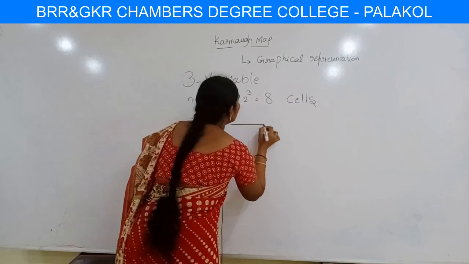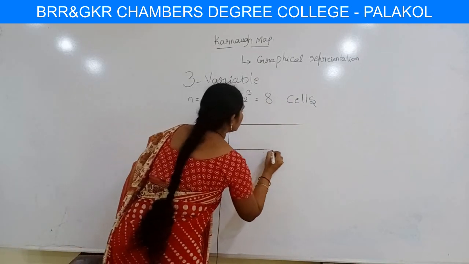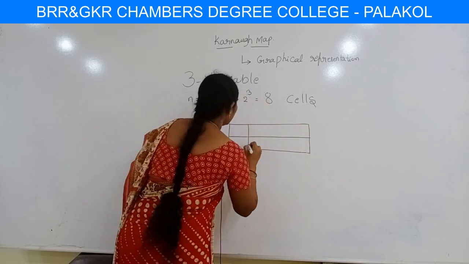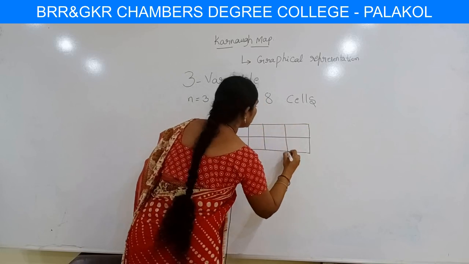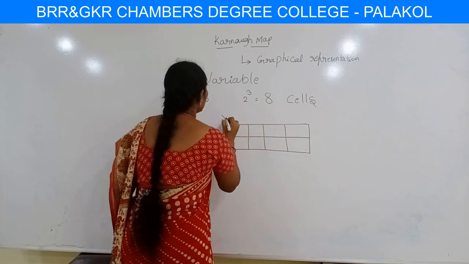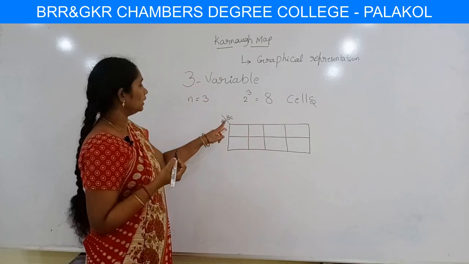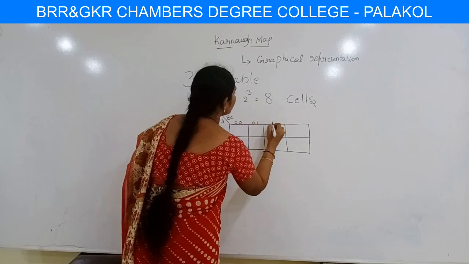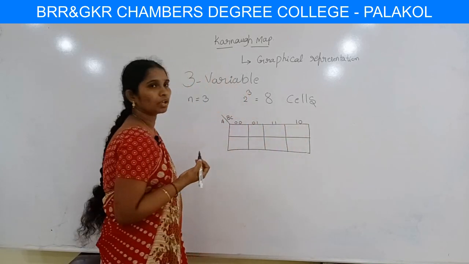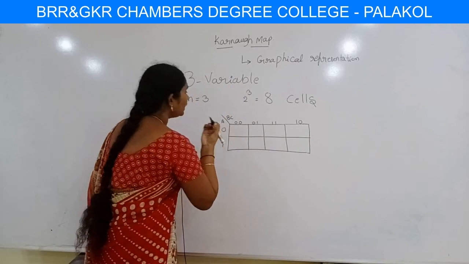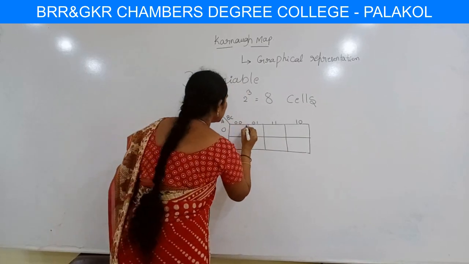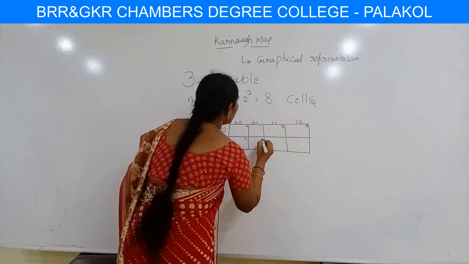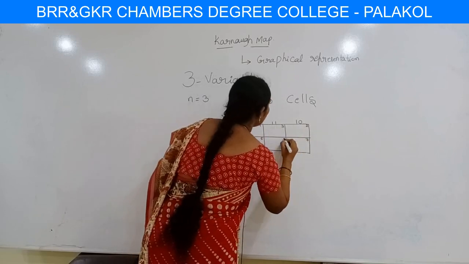How can we draw the representation? So here the cells are 8 cells. So here 1, 2 and 3. So here this is A and this is B. So it is a 2 variable. So therefore 0, 0, 0, 1, 1, 1 and 1, 0. Okay. So here this is 0 and 1. Okay. So here this is 0, 1, 3, 2, 4, 5. This is 7 and 6.